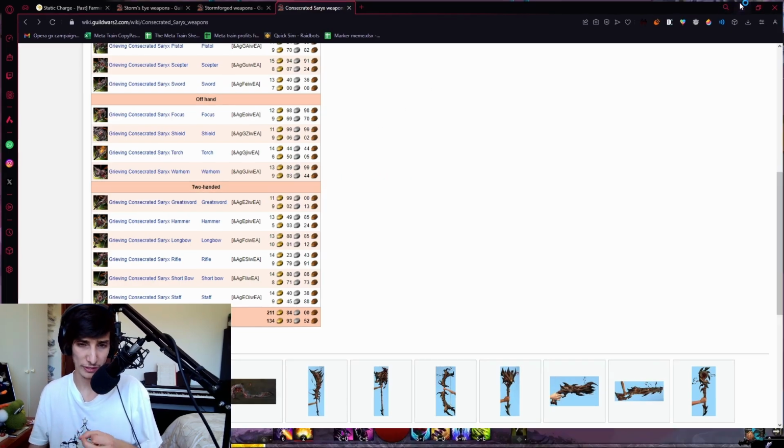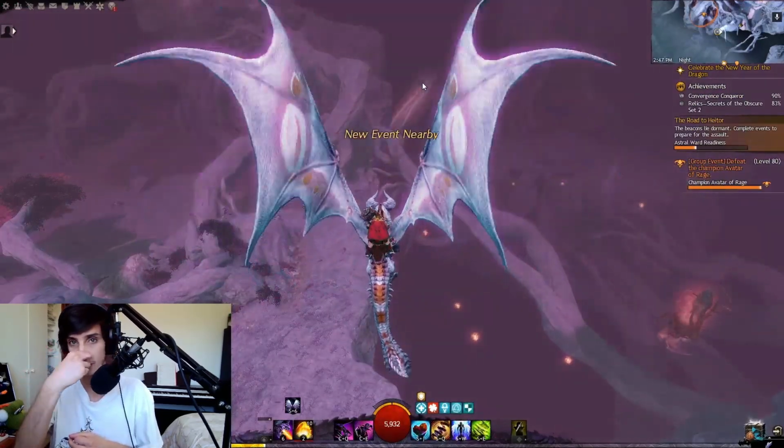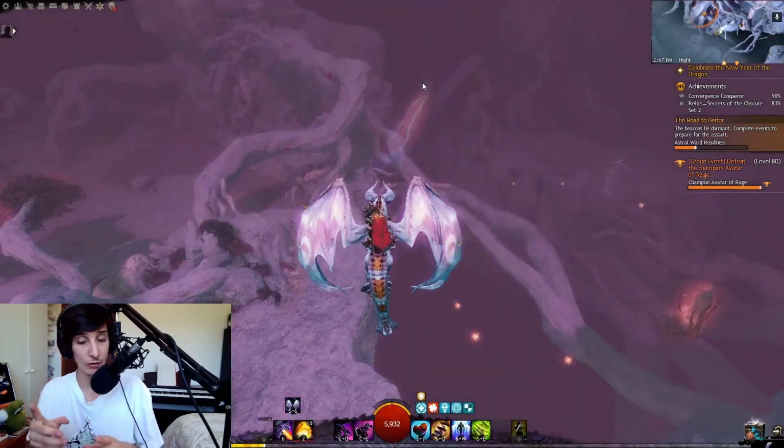The way that you usually get them is by doing the meta every day. It gives you one big currency that you can transform into one of these weapons. So essentially 16 gold, 17 gold each time you do one of these metas. But there are other ways to collect them. Not only, you can always, of course, just...